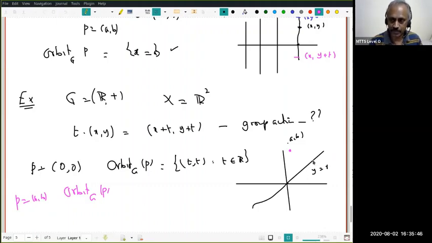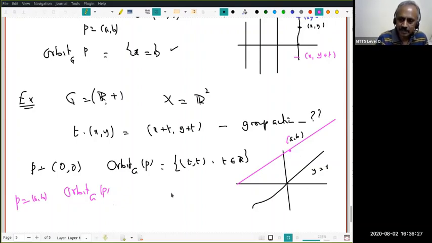Unless it coincides, it may also coincide, right? If I take a point on this, y equal to x, that orbit will be y equal to x. That we will see in a minute. Okay, so this can happen. So it must be parallel. So anyway, it's parallel. So what does it mean? It must be a line parallel to y equal to x, which passes through (a, b). Do you understand what I'm saying? Because of the earlier examples, I would guess the orbit of p will be the line passing through (a, b), which is parallel to the line y equal to x.